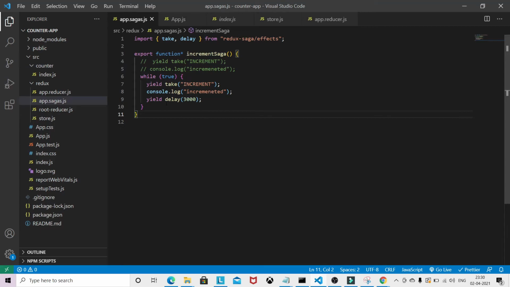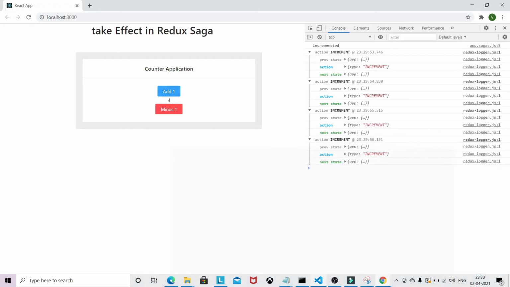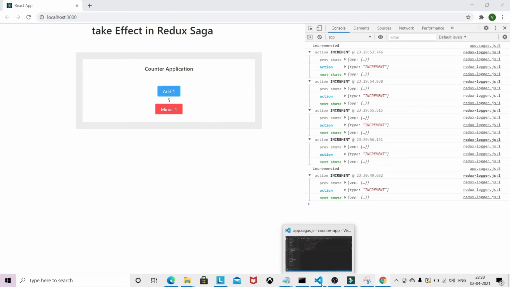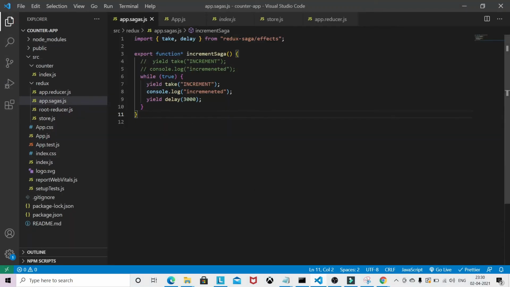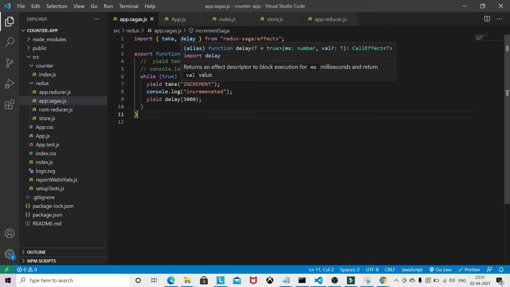After 3 seconds I will get the console log again. If you go to the application and click add again, you will get the console log again. So this code is blocking any future take increment incoming from being called.